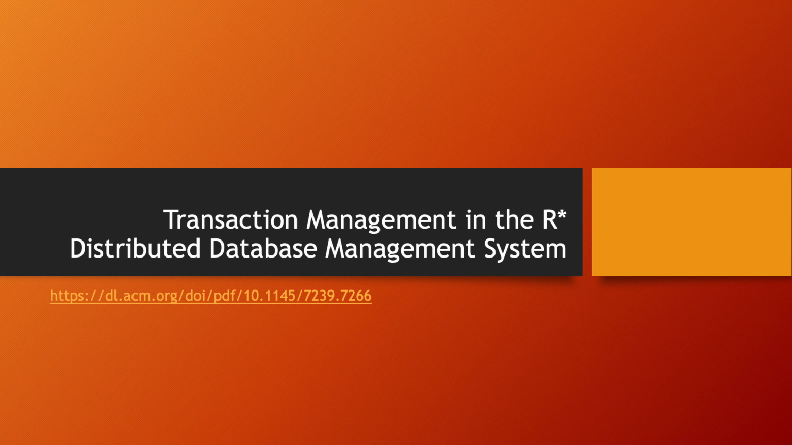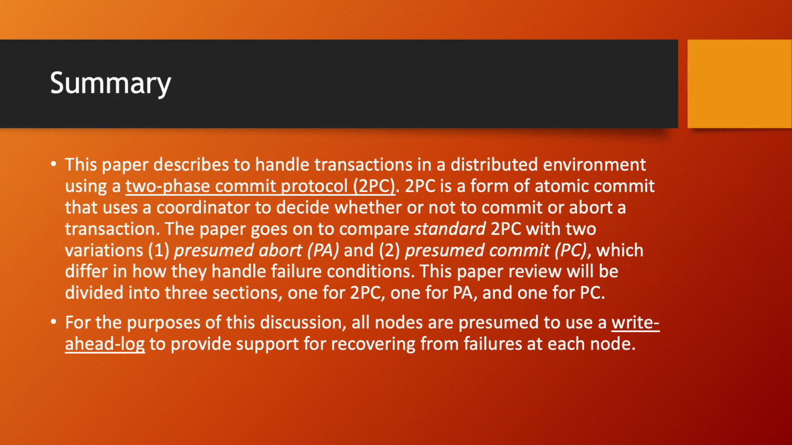The paper of the day is Transaction Management in the R-Star Distributed Database Management System. This paper describes how to handle transactions in a distributed environment using a two-phase commit protocol, or 2PC in short. 2PC is a form of atomic commit that uses a coordinator to decide whether or not to commit or abort